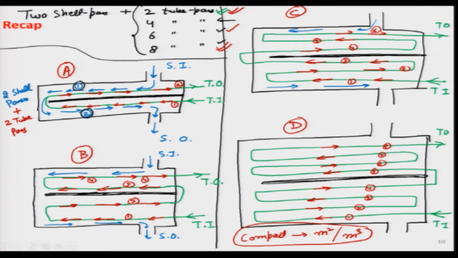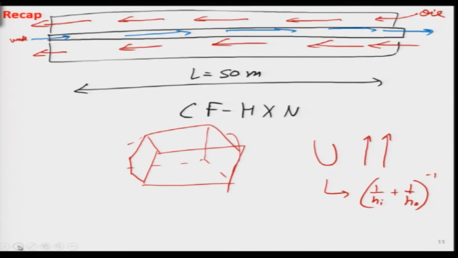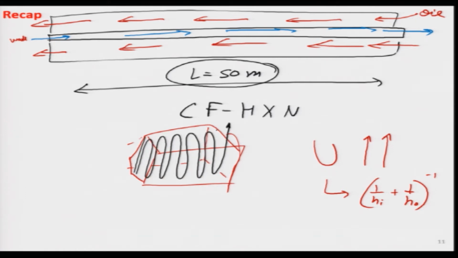And I talked in terms of compactness that if we use these types of heat exchangers like shell and tube and cross flow, we will get very high values of meter square per unit volume, which is what commercializes a heat exchanger very nicely. Because people do not want a huge volume to accommodate that particular area. Rather, can it be accommodated by turning the tubes around in this fashion over here?